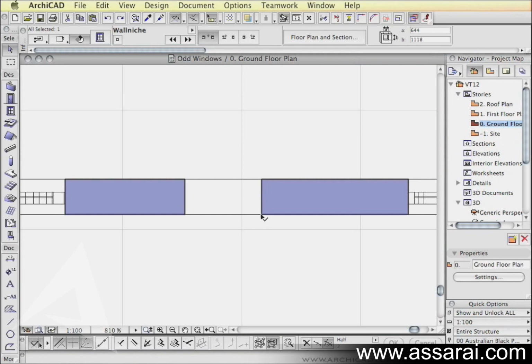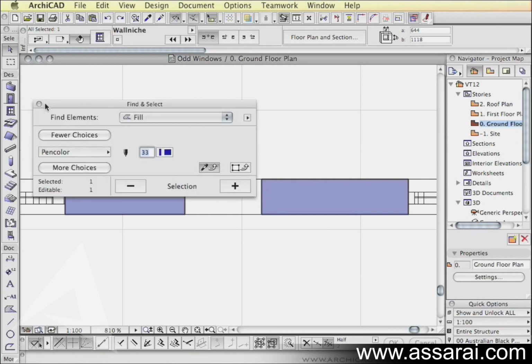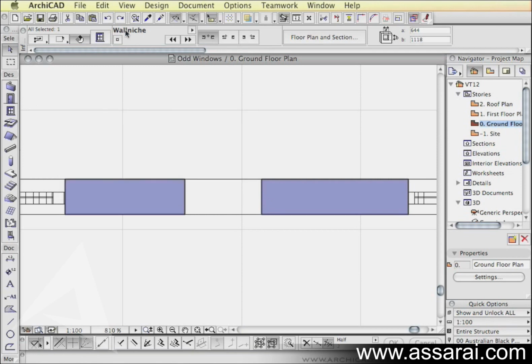that fairly easily. First of all, we have to select it, and a word of warning, this object doesn't actually have any objects as such in it, it's just an opening. It doesn't show any of the nodes. They could be added as hotspots in GDL, but apart from that, the only way that you can actually select it is by reading what's in the toolbar, or say Control F and pick a window using the Find and Select